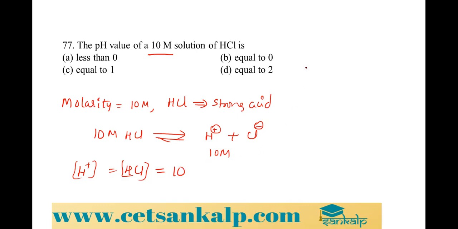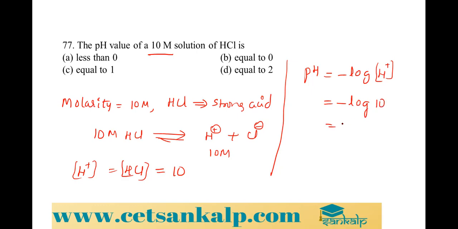Okay, right? So let us apply logarithm. pH is equal to, what they are asking is pH, correct, minus log of H plus ion concentration. Then that is going to be equal to minus log of 10. Log 10 is 1, so that is equal to minus 1. So it is less than 0. So negative is coming, okay? So option A. Next,